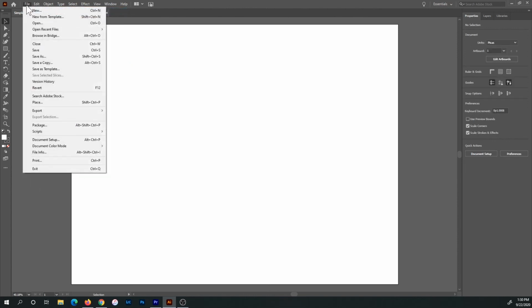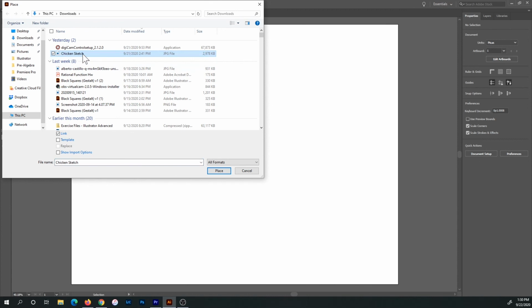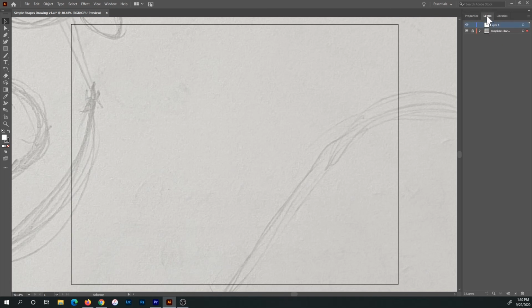And we're going to go through that process again. So back to the File menu, back to Place, and choosing our document that we want to use. And this time we're going to click this little tick box down at the bottom to make it a template. And now when we click Place, it's actually coming in much too large for us at the moment, but there are some other convenient things about it. One is that if we go up and look in this Layers tab, we can see that it is in a background layer, meaning it's in the bottommost layer. It also has been washed out a little bit to make it easier to work over top of, and